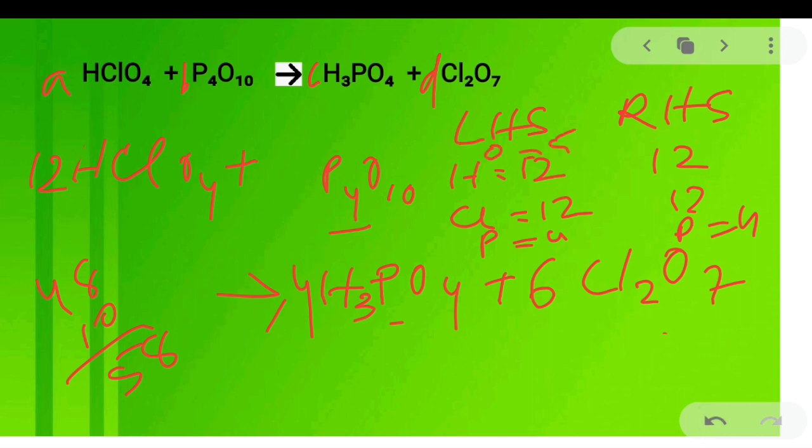And let us see at RHS. RHS is equal to 16 plus 42. So it is 58. Oxygen is equal to 58. So the equation is balanced. So I think it is the easiest method to balance the chemical